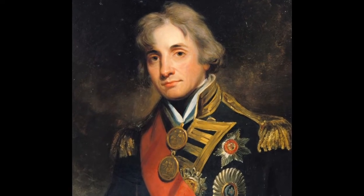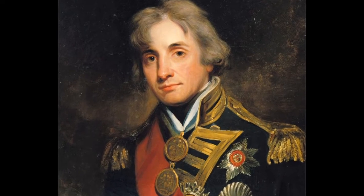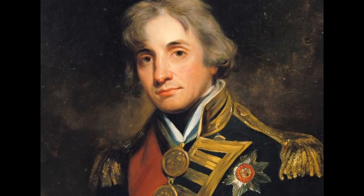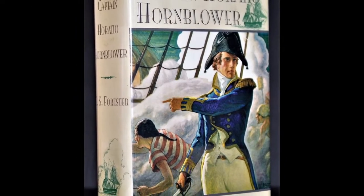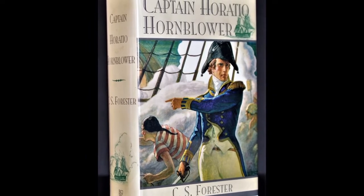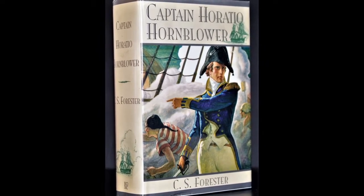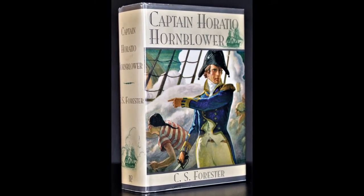Hell, he only married his first wife because she was helplessly in love with him, and he figured he might as well make her happy, even though he didn't care for her one bit. However, Hornblower is also intelligent and well-educated, a shrewd strategist with an incredible poker face, a quick-thinking tactician who adapts to the changing battlefield, and a good leader who earns his men's loyalty and avoids using the draconian laws of